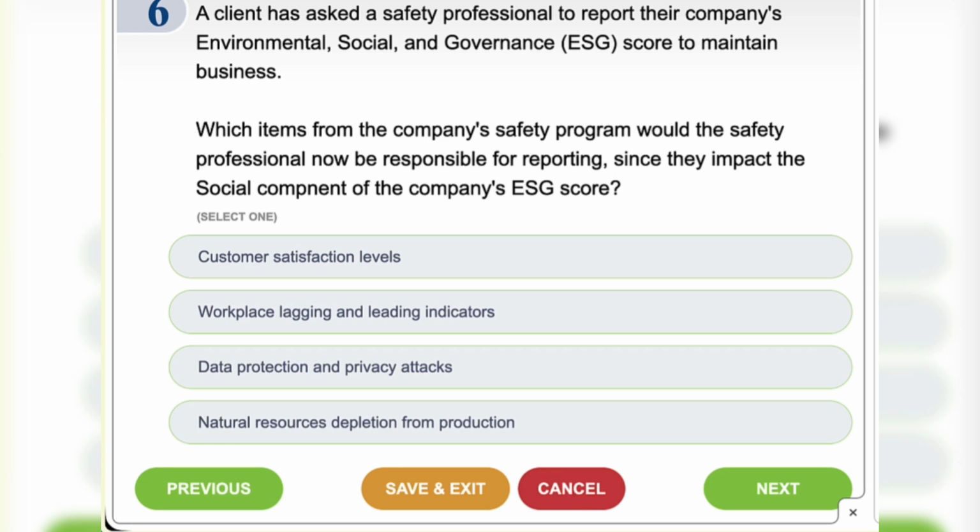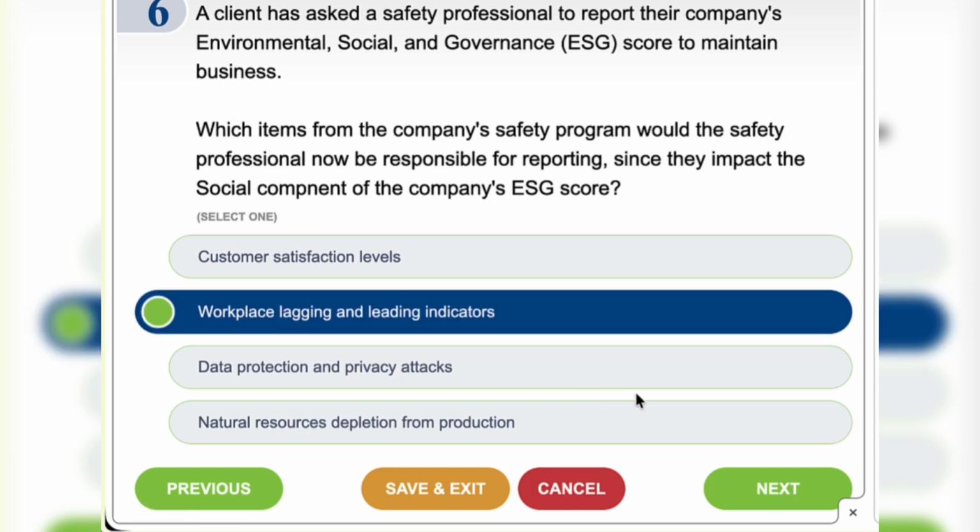Customer satisfaction level is part of business performance or marketing, not social ESG safety reporting. Data protection and privacy attack belongs to the governance component relating to cyber security and corporate control. And natural resource depletion from production impacts the environmental component, not the social one. So workplace lagging and leading indicators is the best one.